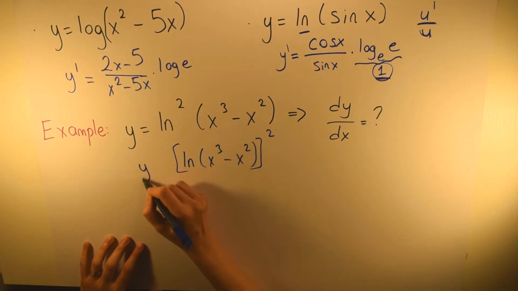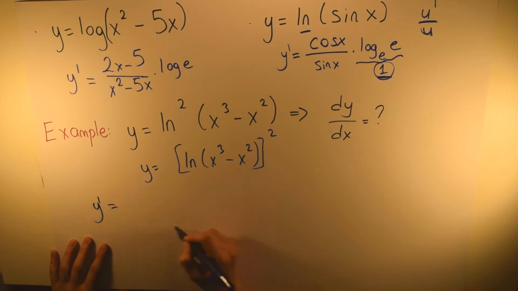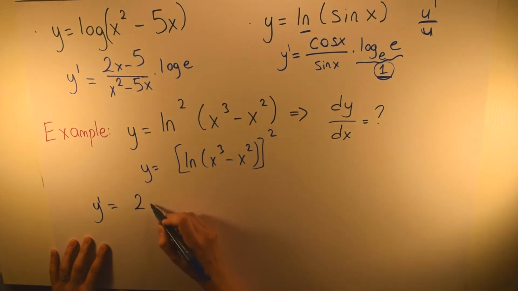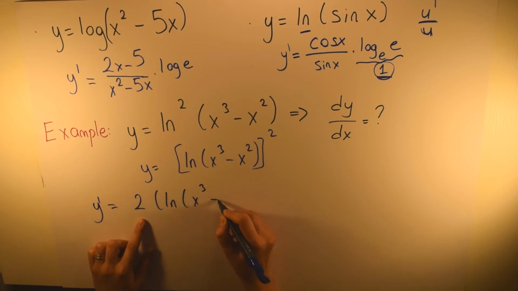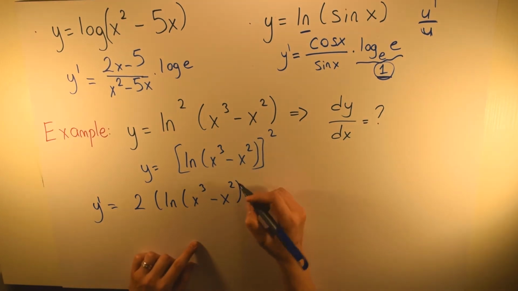Let's take its derivative. The derivative of y is equal to, I put this 2 in front of this parenthesis, so it's 2 ln of x cubed minus x squared, to the power of 1, because 2 minus 1 is equal to 1,